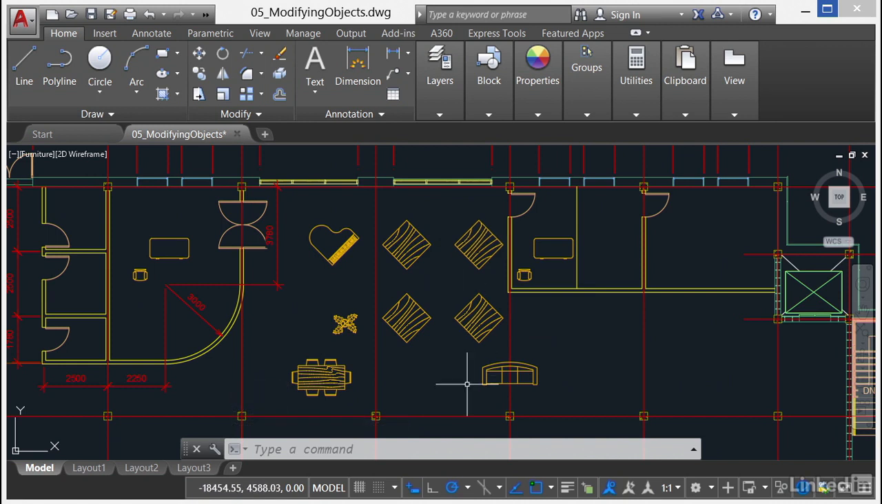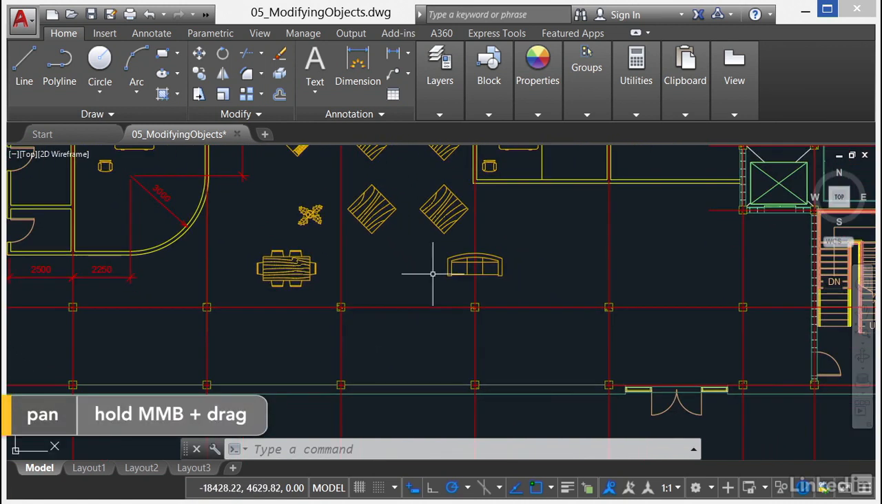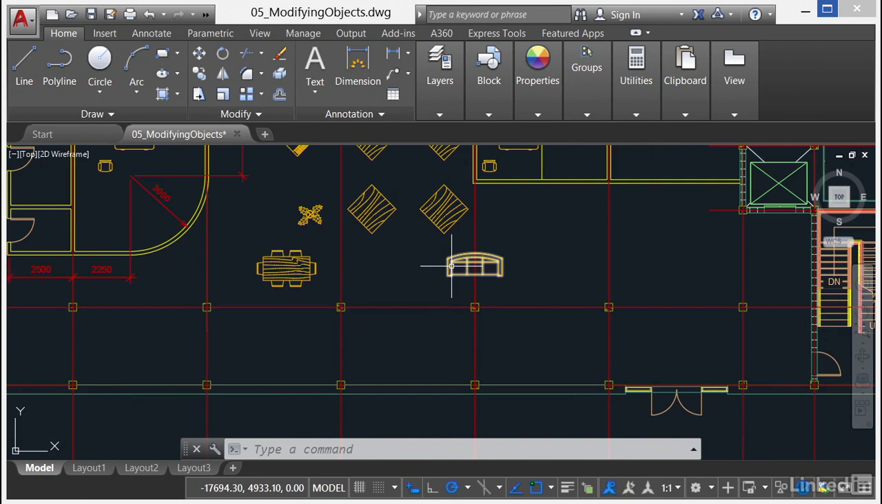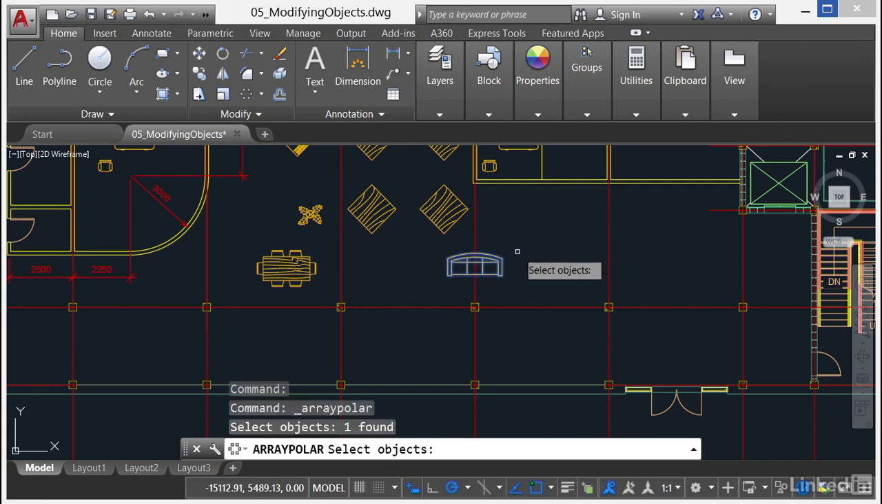So if I just pan up a little bit now, you can see we've got a nice little sofa here, and it's placed perfectly to allow me to use the intersection of those 2 red grid lines to array it in 90-degree increments. So let's have a look at that now. So again, modify panel on the home tab on the ribbon, and I select a polar array this time. I select the little sofa there,